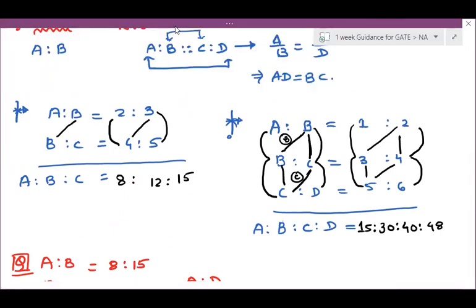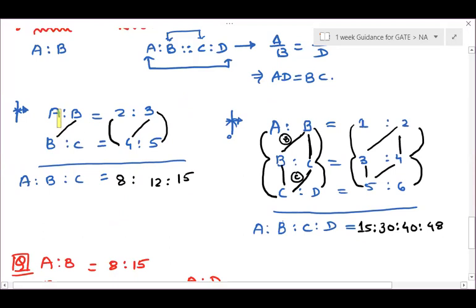See over here. This is your model 1, this is your model 2. I will repeat both models. In the first model, they will give you A is to B and B is to C. From that, they will ask you A is to B is to C. So you just need to remember these signs. This will give you A, right? 4 2s are 8. This will give you B into B, that is 4 3s are 12. This will give you C, 5 3s are 15. So you just need to remember this.